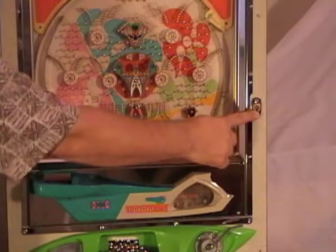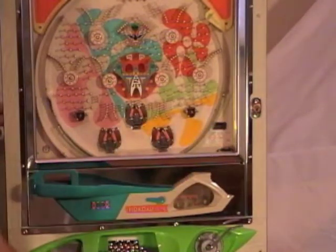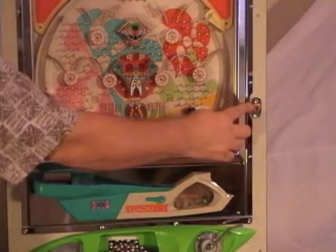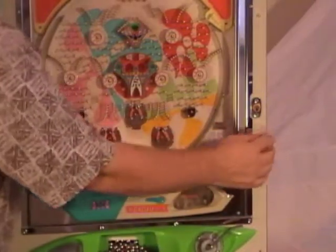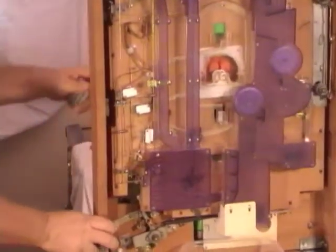So you have a lock here. There is no key, but you don't really have to worry about it because we have your machine with legs on it, so it'll sit on a table. This was for when the machine was mounted in the wall of the pachinko parlor, and the pachinko parlor attendant would use the key to open the machine up. And when they would activate that key,